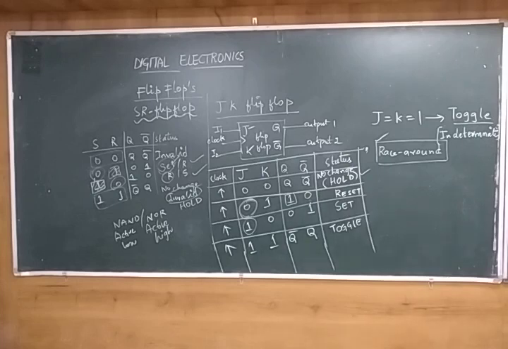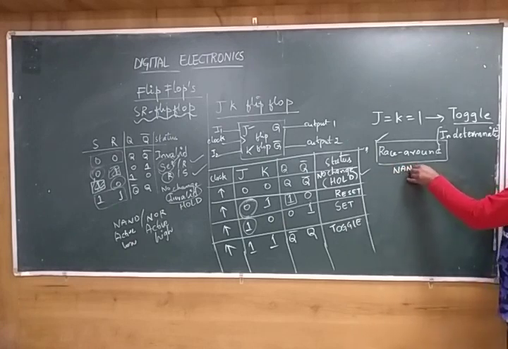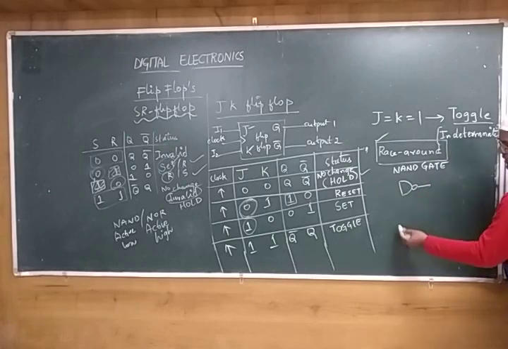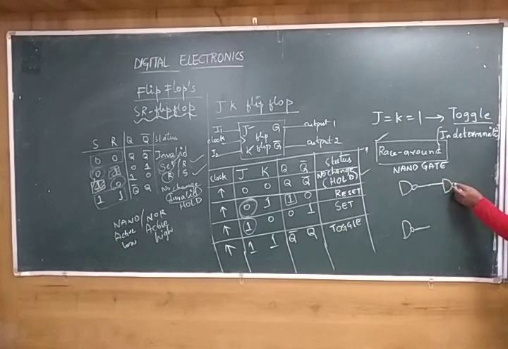So next, student, after getting the truth table and the block diagram, next we are going to design the flip-flop circuitry. I'm going for NAND gate approach, for example. In that, I'm taking one NAND gate input, and another one, I'm taking one more NAND gate. Since it's cross coupled, I need to pass one more NAND gate here. Similarly, for this also I need to pass one more NAND gate, right?